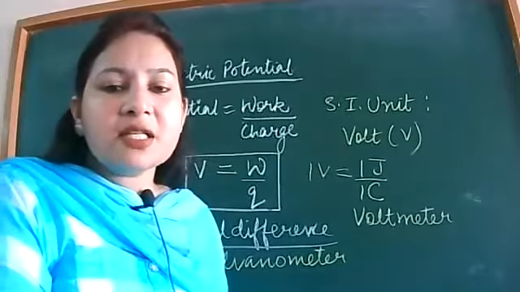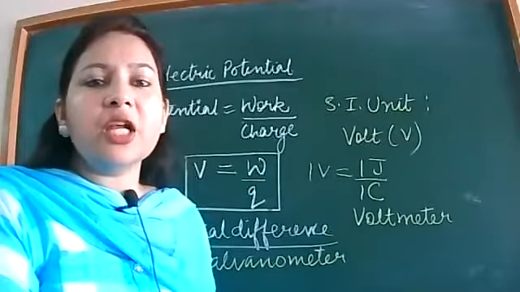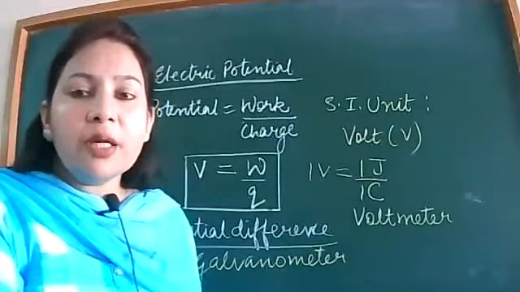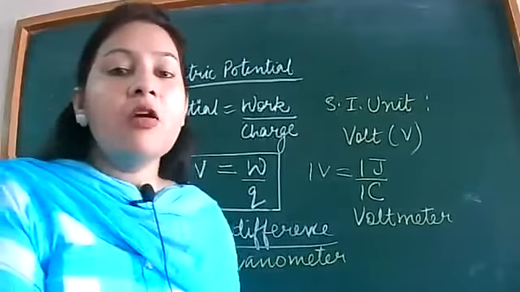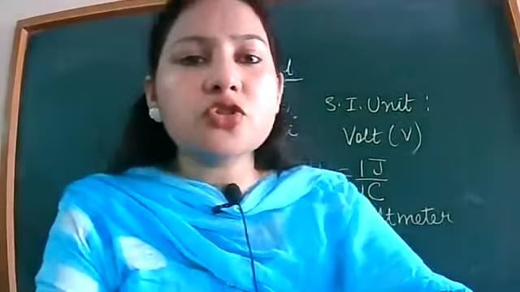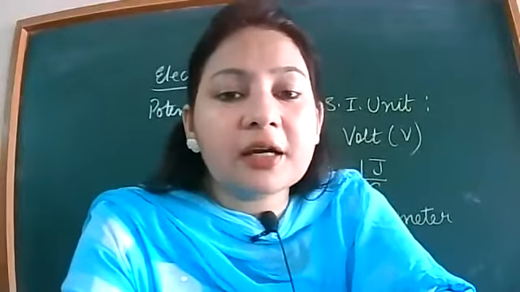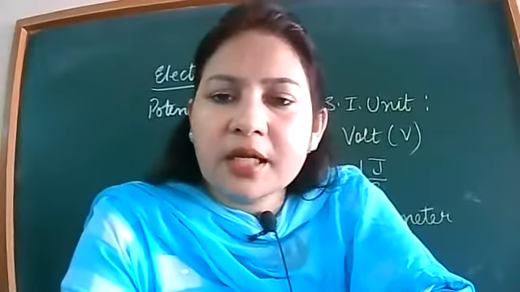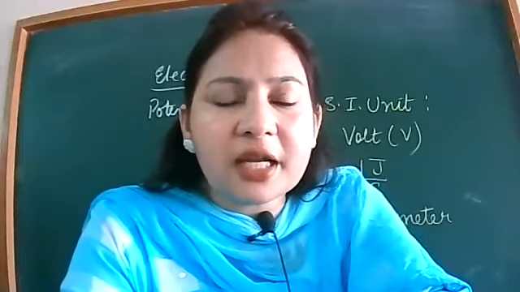So is the difference clear now? An ammeter is a device used to measure current in a circuit. A galvanometer is a device used to detect the presence of current in a circuit. A voltmeter is a device used to measure potential difference between 2 points of a conductor. Is that clear now, students? Is the concept of potential difference clear to you?